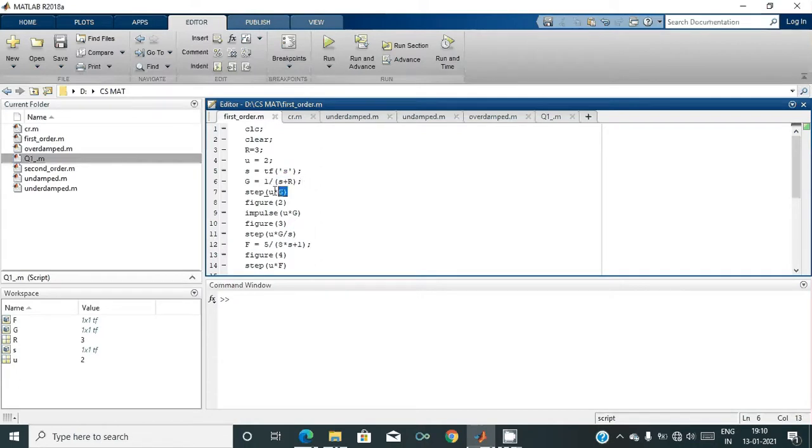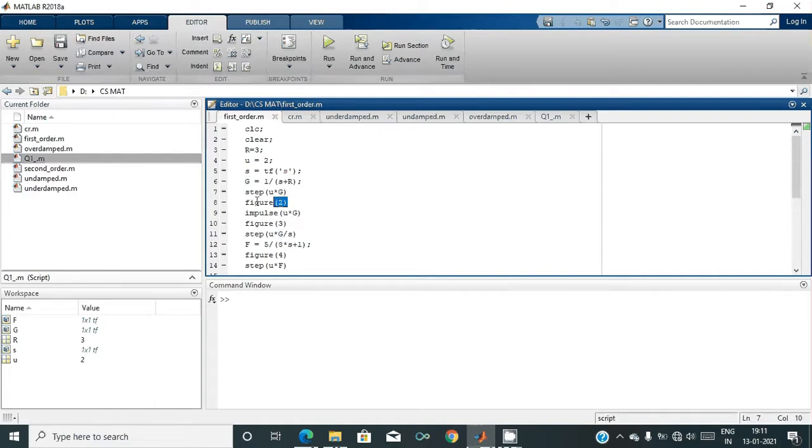So I created that, and I called another function called step, which will return a figure with the step response of the above transfer function. u is just a variable I created here. 2 into G will be the transfer function I will be passing through it, and this step function will return the figure which gives us the time response of this G transfer function with the step input.